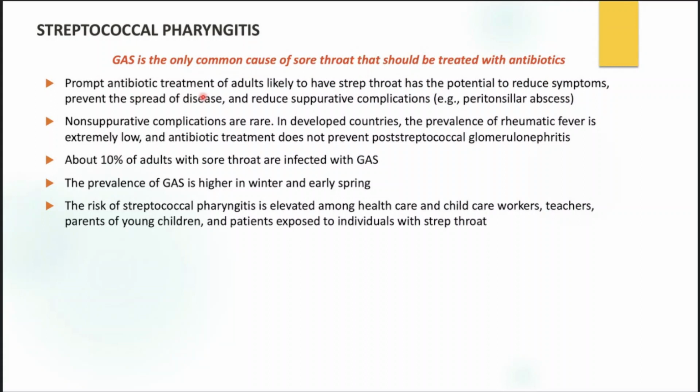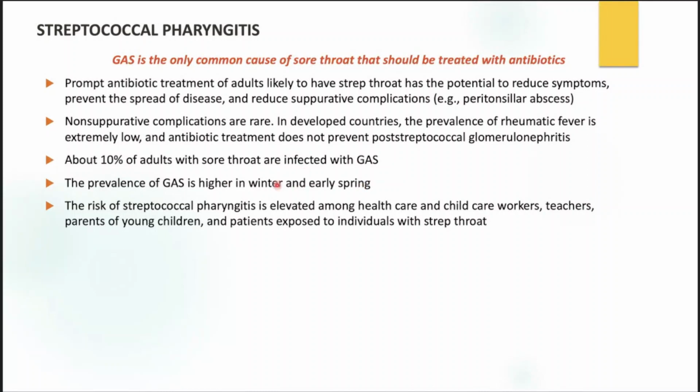So, antibiotic treatment of adults likely to have strep throat has the potential to reduce its symptoms, prevent the spread, and reduce suppurative complications like development of an abscess, peritonsillar abscess. Non-suppurative complications are rare, and in developed countries, the prevalence of rheumatic fever is extremely low, but it's still quite common here in the Philippines. An antibiotic treatment does not prevent post-streptococcal glomerulonephritis, PSGN. About 10% of adults with sore throat are infected with group A